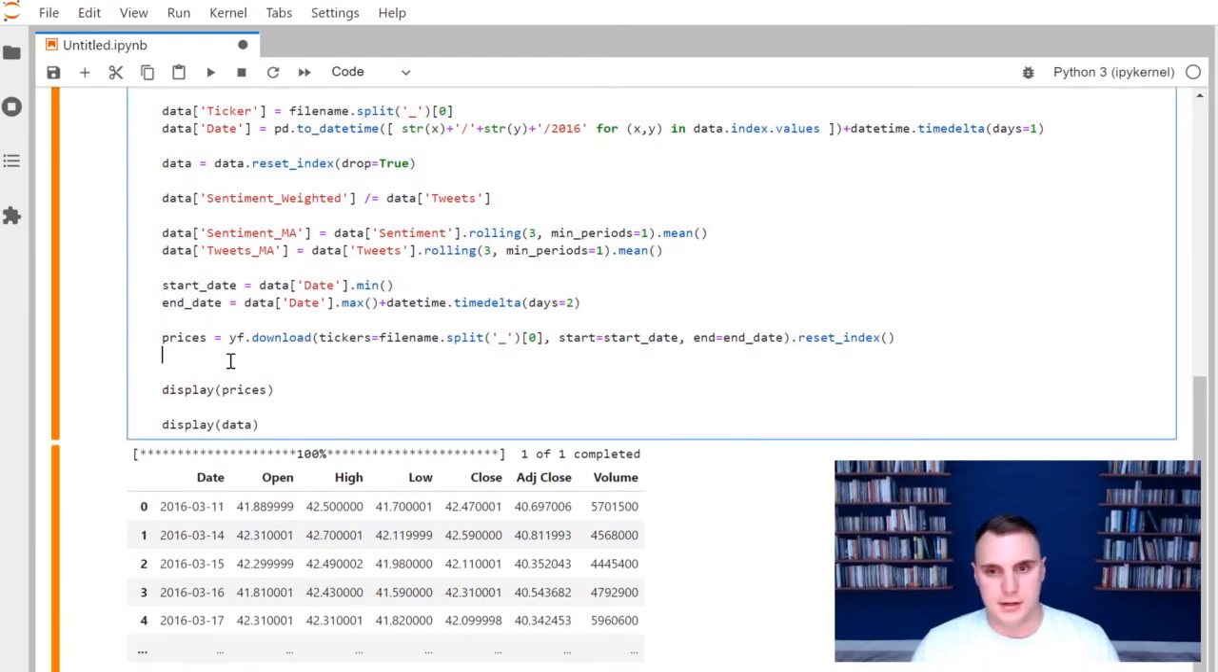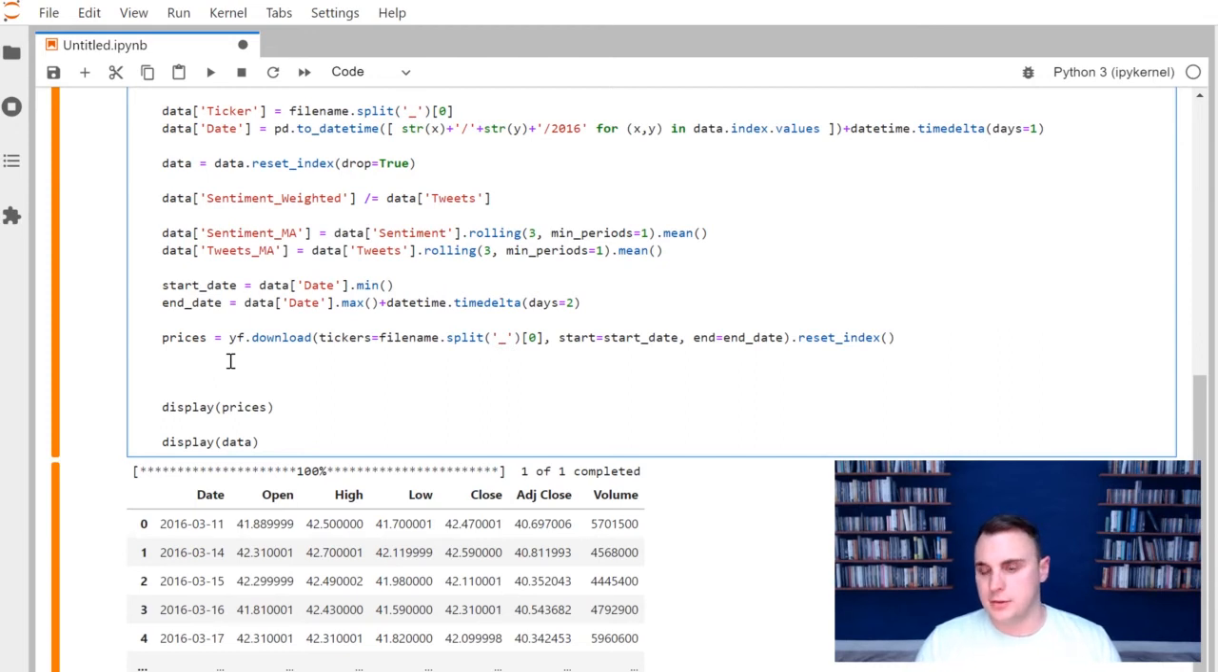First thing we need is, I don't care about predicting the closing price. I just want to predict the percent change. I want to predict if the stock is going up or down, not necessarily how much it's going up or down. So I'm going to say prices at